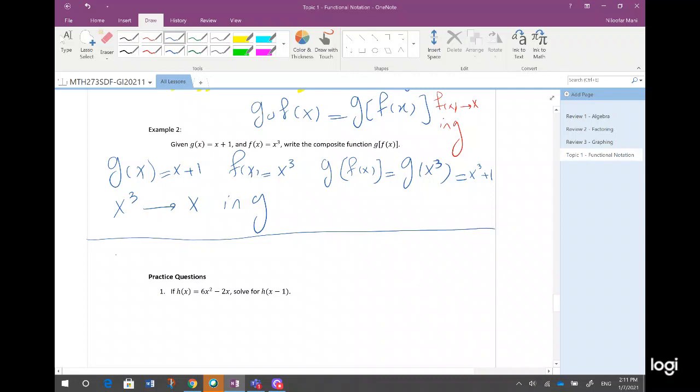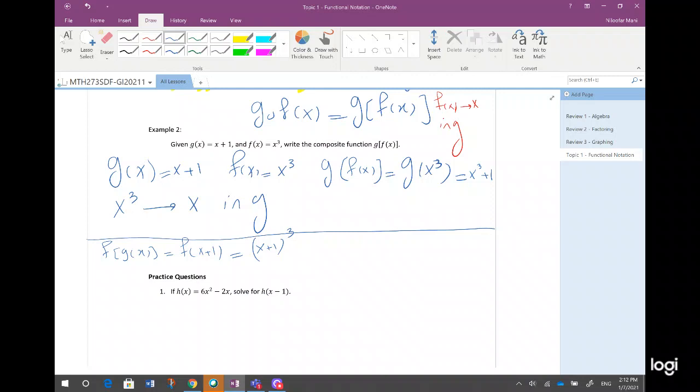How about if I say, what is f of g of x? Step by step, that means f of x plus 1. I put x plus 1. I don't separate it into x and 1. x plus 1 is one item. I put x plus 1 instead of x in f. So it is x plus 1 to the power 3, which I can simplify, for example, use Pascal's triangle and expand it. But if I don't expand,